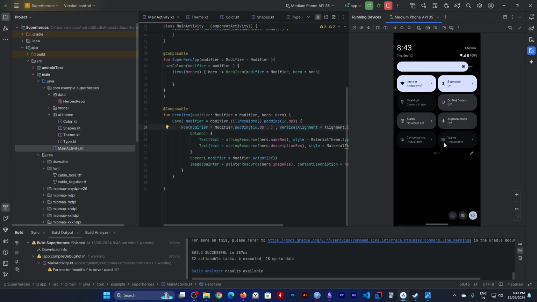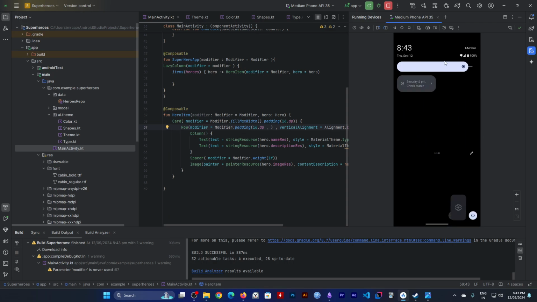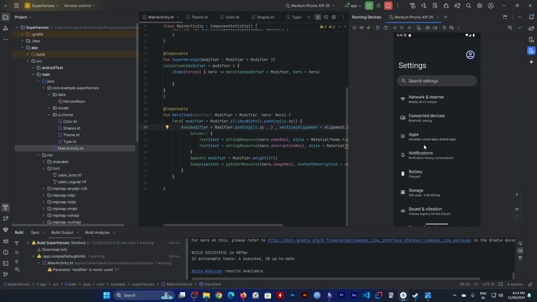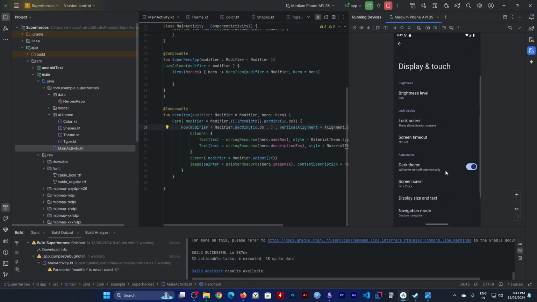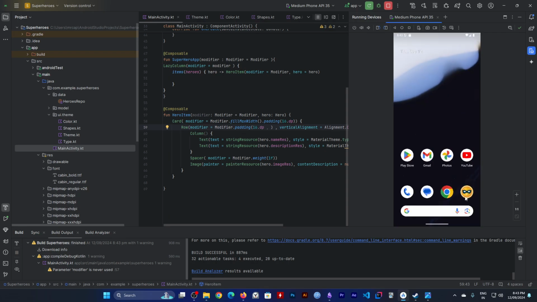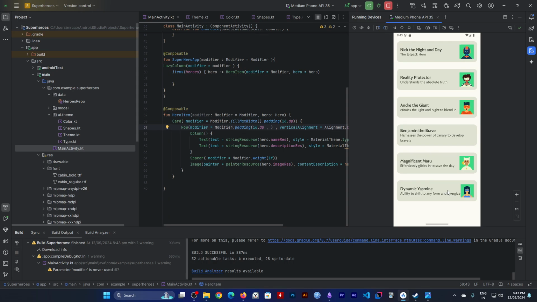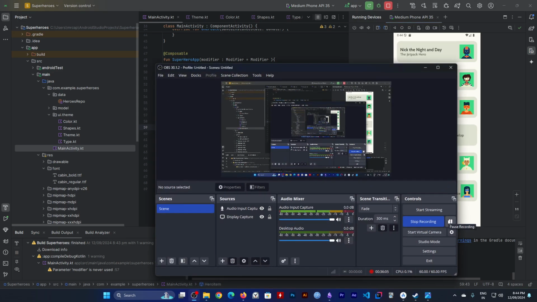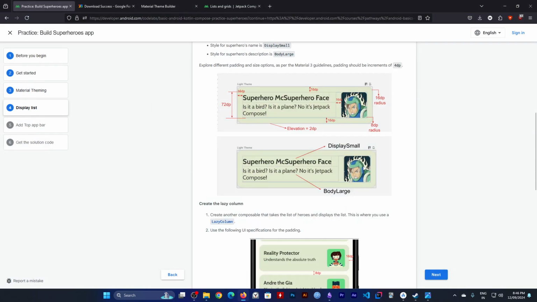Let's go and change it to light mode, light theme. So how the hell are we supposed to get that image back? I'll think about it for a minute. Okay, so I really don't know, but